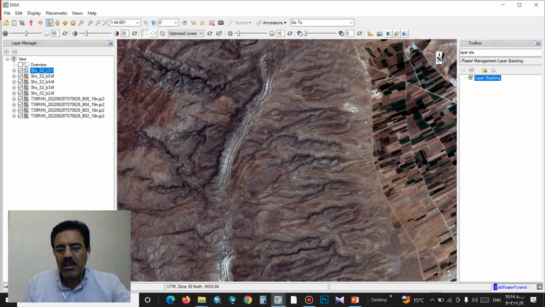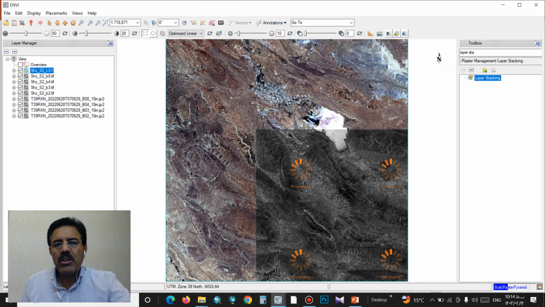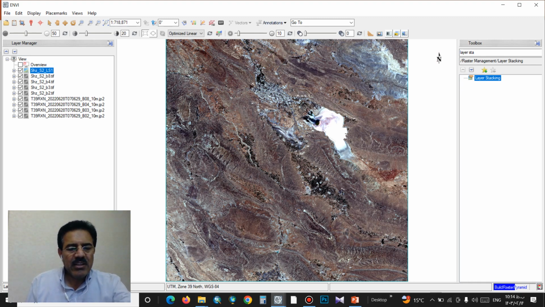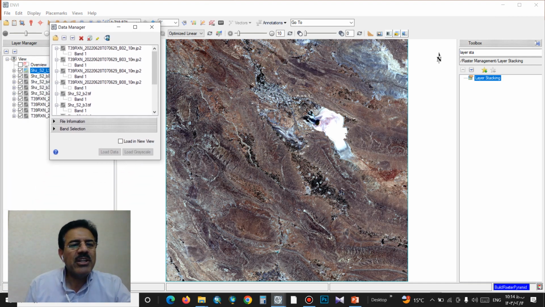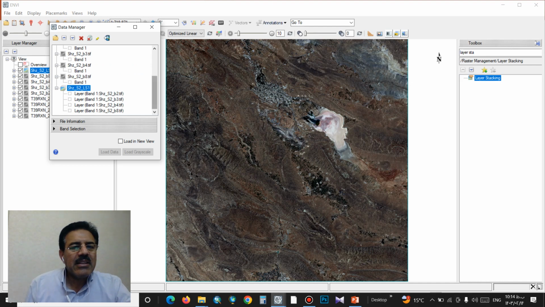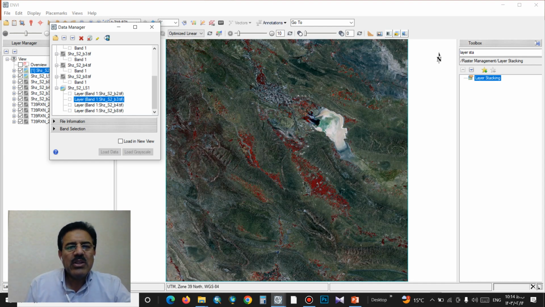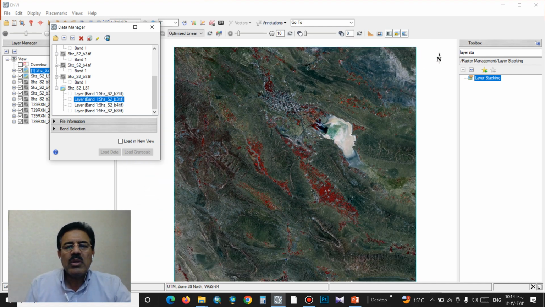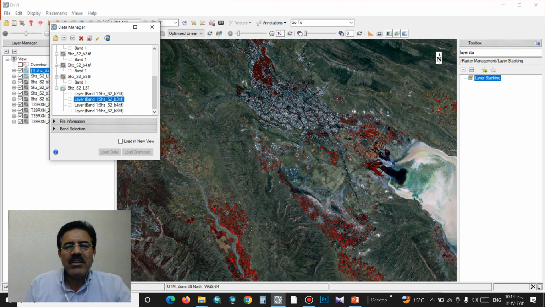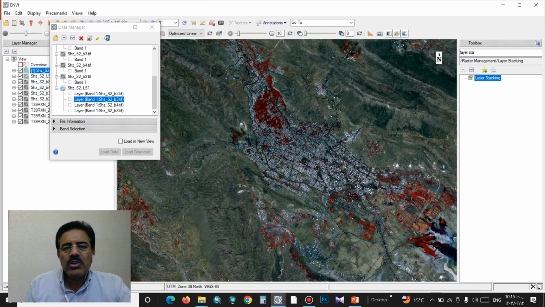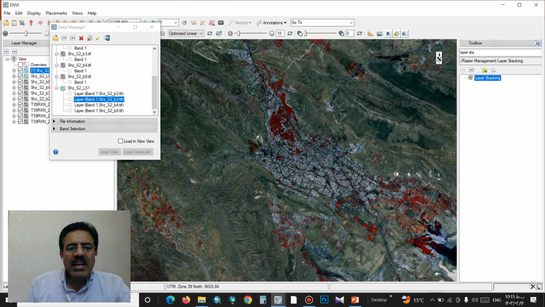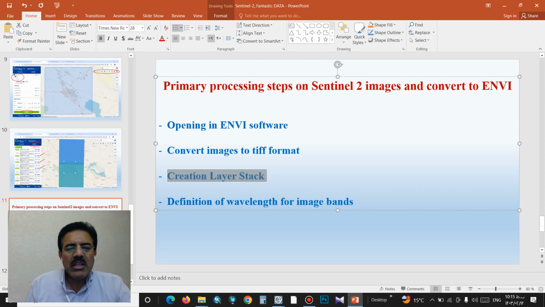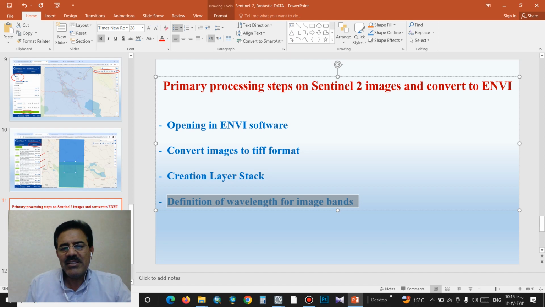And then we press on F20 for full screen and F4 for open data manager and select 8, 4, 3 and then click on load data to RGB to create RGB on Shiraz area. This area is Shiraz city and next